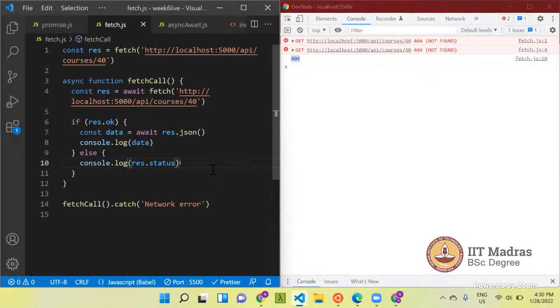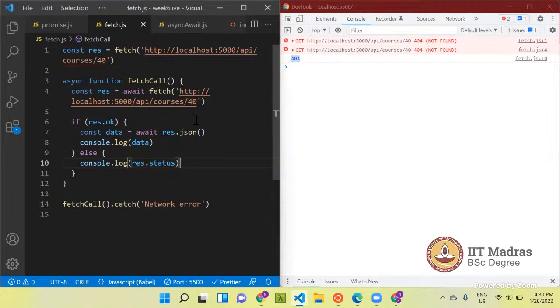Is there any question? Because these are the things that we have already discussed: what an async function is and how it works. The only new thing here was that fetch returns a promise which resolves with the response object, and the response object is a representation of the whole response, not only the body.